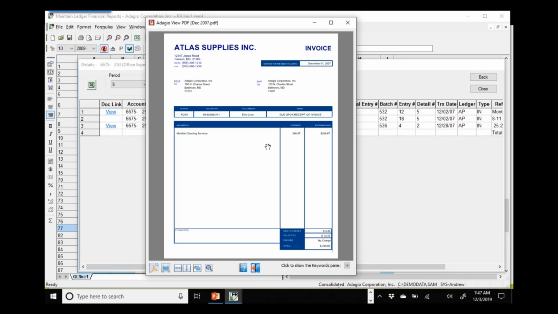So these documents can be attached when AP transactions are being entered on the accounts receivable side, on the sales side of the organization. Every time Adagio generates a transaction, it will automatically create a PDF and attach that PDF for you. And the transactions that are attached in accounts payable will flow down into the GL. So the person who's looking at the transactions in the financial reporter can see them without having to hop over